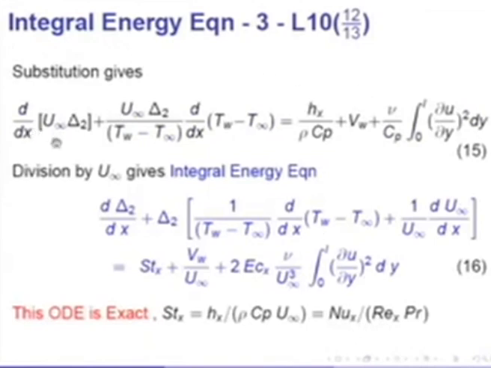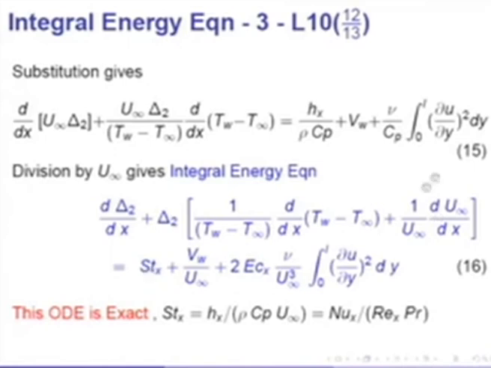Therefore, you will see the equation would now read as u infinity d by dx of u infinity delta 2, u infinity delta 2 into T w minus T infinity d by dx of T w minus T infinity, into H x divided by rho C p plus V w plus nu by C p integral 0 to L of du by dy whole square into dy. If I divide through by u infinity after opening up this differential, then I would get what is called the integral energy equation: d delta 2 by dx plus delta 2 into the wall variation term into the free stream variation or the pressure gradient term,